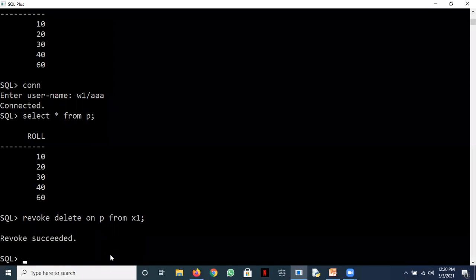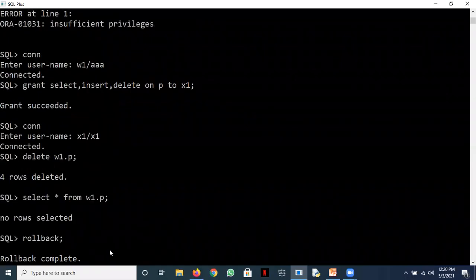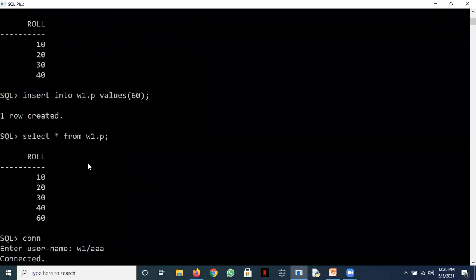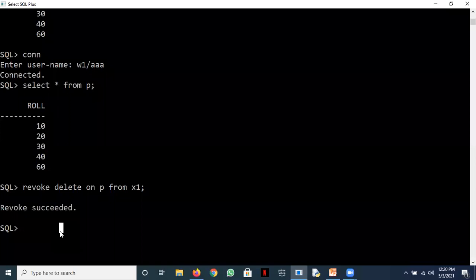Now, what does this user X1 have? He was granted these three things in the previous command: select, insert, delete. Now you have taken back the delete, so he can only insert and select. Let's see whether the revoke has taken effect.